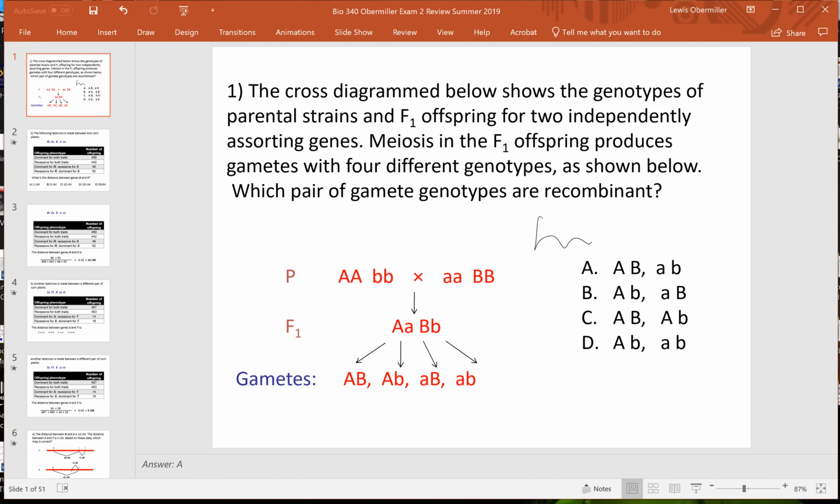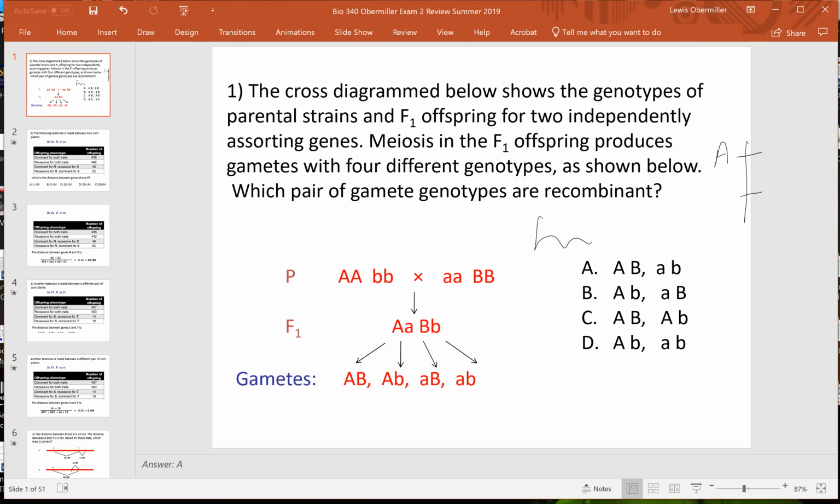Okay, so this is going over the problem set, the PowerPoint slides for the exam review. I'm just going to leave it in this format so you guys can see the question, and then the answer is A. And so let's figure out why the answer is A. So we have our parental gametes. I'm just going to write on this slide. So we have the parental gametes, which are